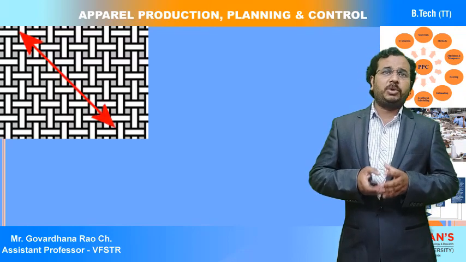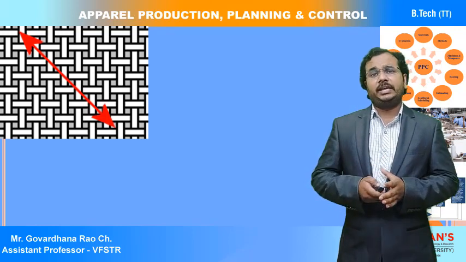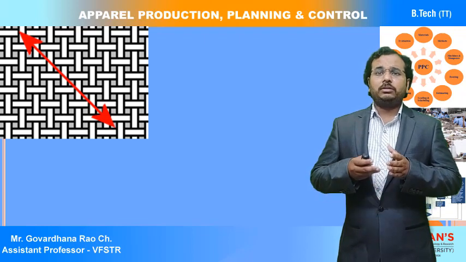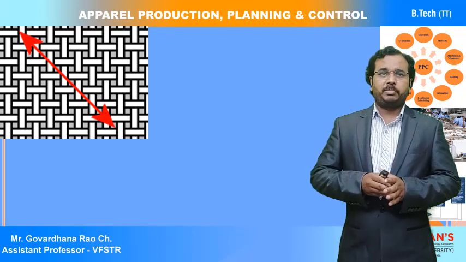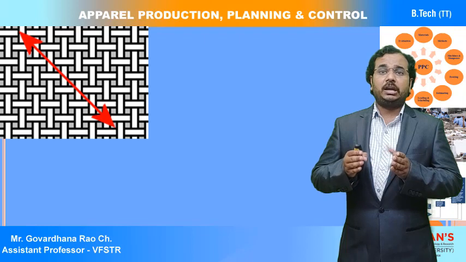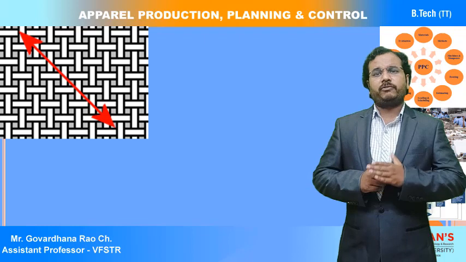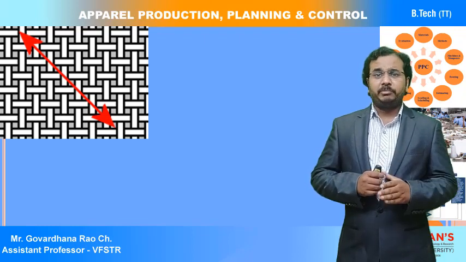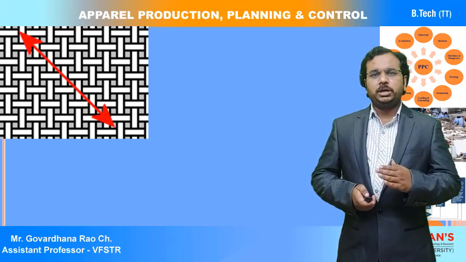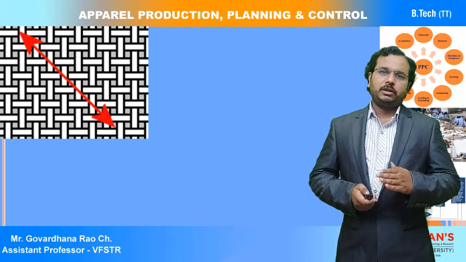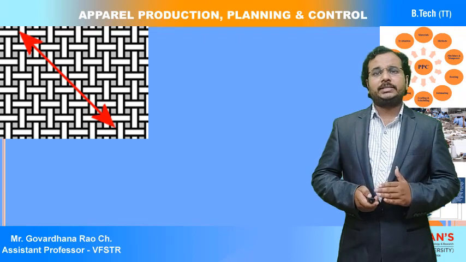You can see the image I have shown. This is the biased grain, where we are not cutting the components along the axis or across the axis. We place the patterns at an angle, like 45 degrees or 30 degrees, on the fabric. If you keep the patterns on the marker at an angle, that is called the biased grain.